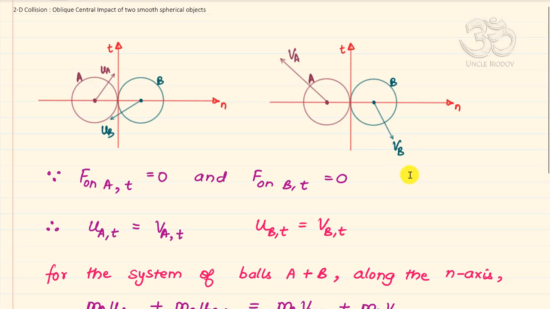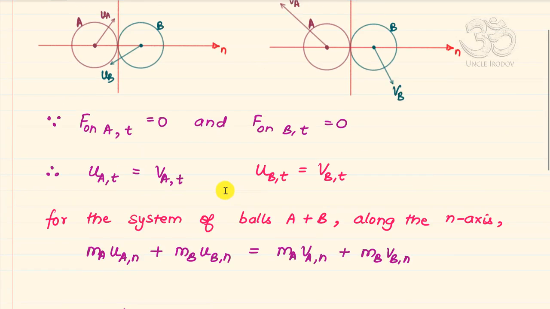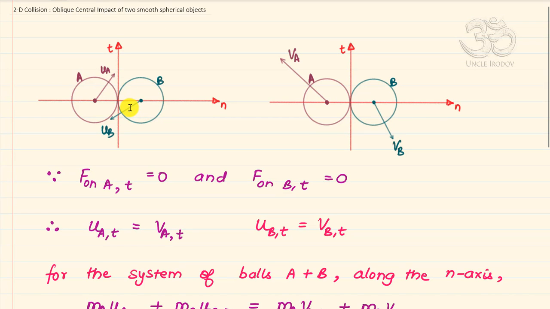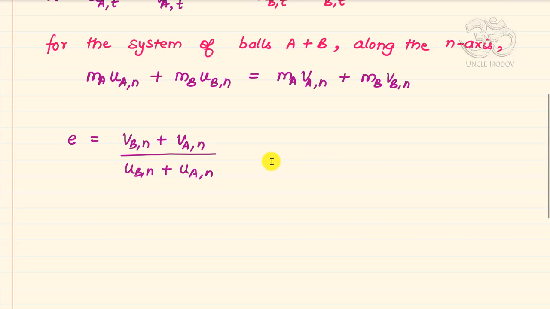So when I find out the component of VB along the normal axis, it will be to the right, and the component of VA along the normal axis, it will be towards the left. And if I find out the total speed of separation, it will be this component plus that component. So it will be the VB normal component plus VA normal component, divided by the speed of approach. Again, the speed of approach will be UA's normal component here and UB's normal component here, and because of both of these there will be an approach. So U of B along the normal axis plus U of A along the normal axis,